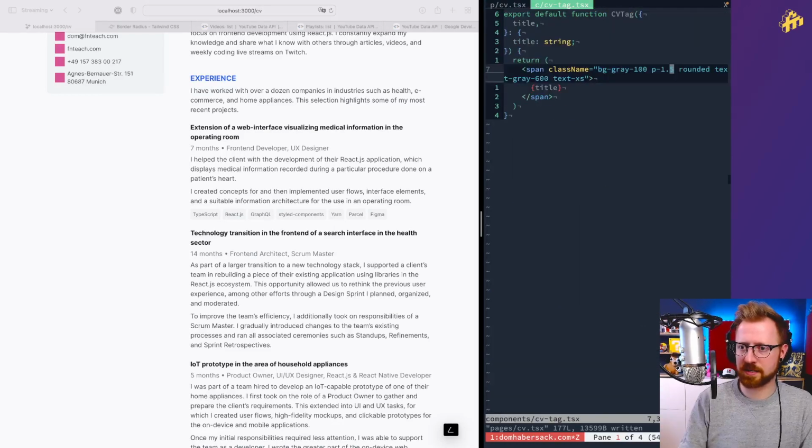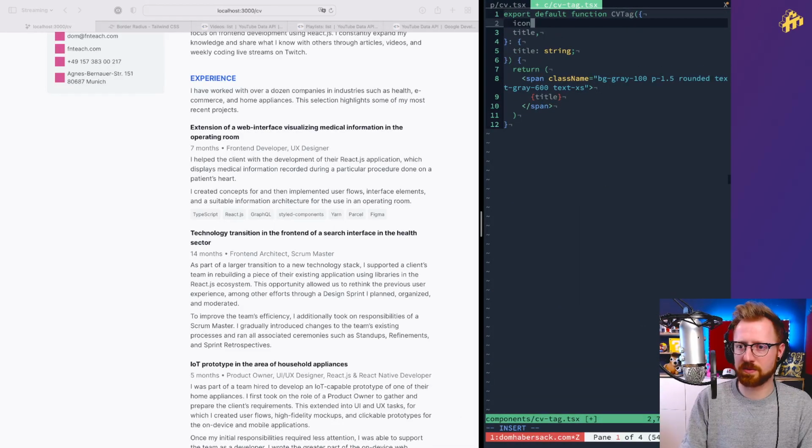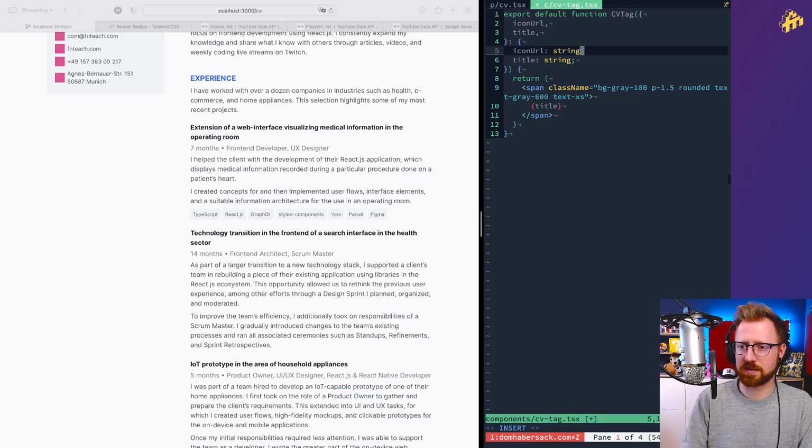The CV tag does not know about the icon URL yet. You need to know about the icon URL. Icon URL is a string. Again, if there is... oh, now we need to change some things around here. If there is an icon URL, then do something. Otherwise, just don't. And if there is an icon URL, we are going to go image, source, and use the icon